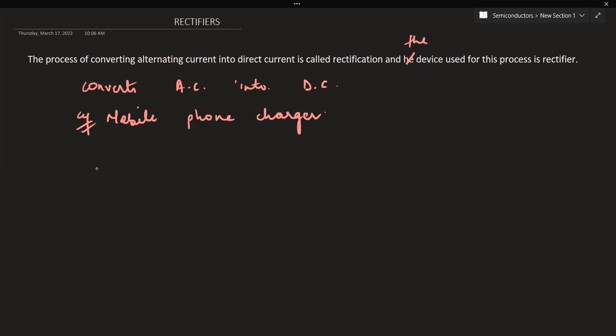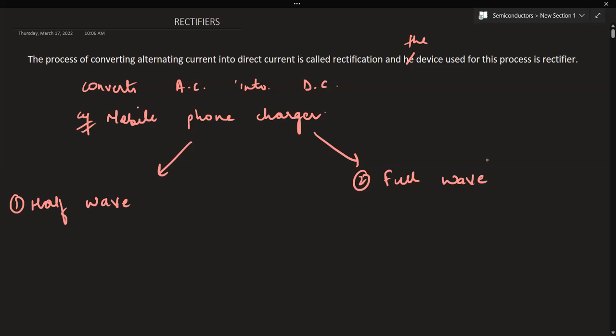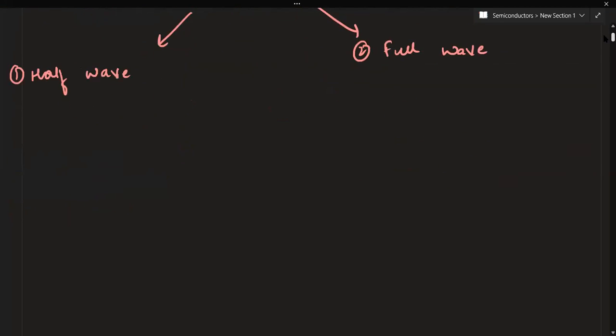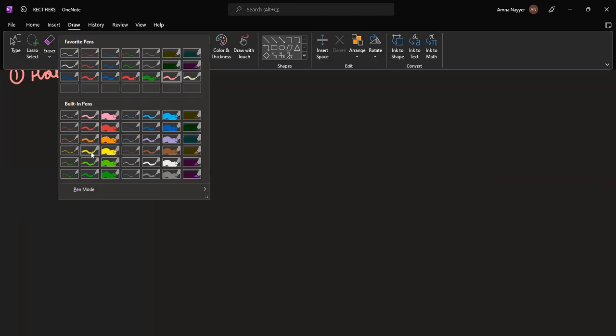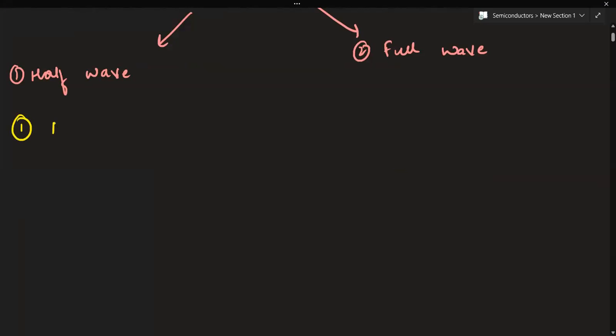And rectifiers are also of two types. One we have as the half wave rectifiers, and the other we have as the full wave rectifiers. Now let us briefly discuss what half wave rectifiers and full wave rectifiers are. So first let us see